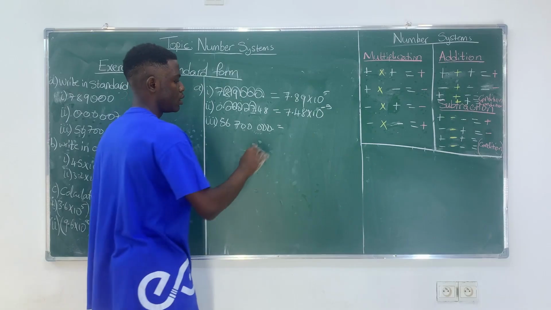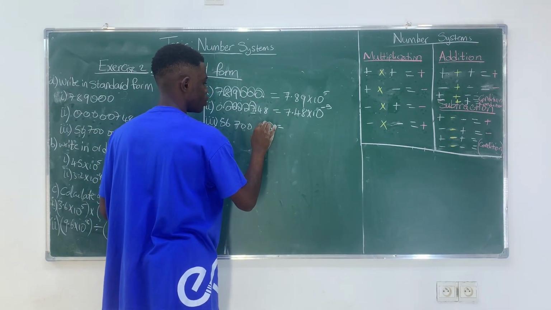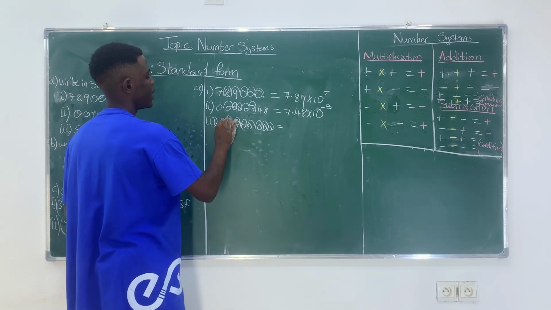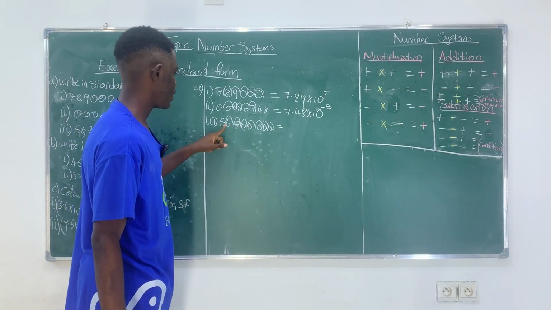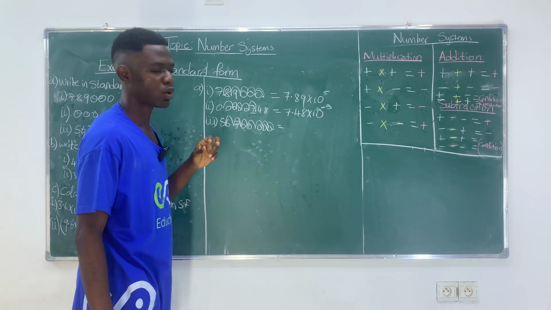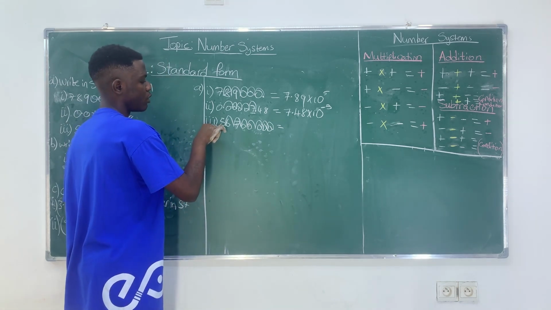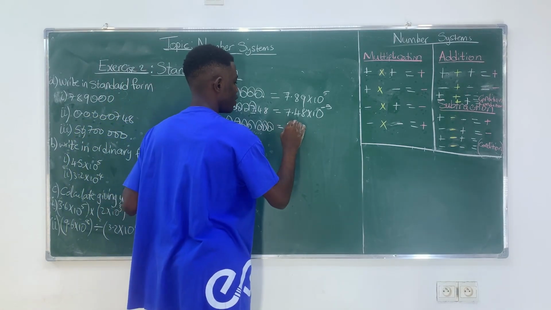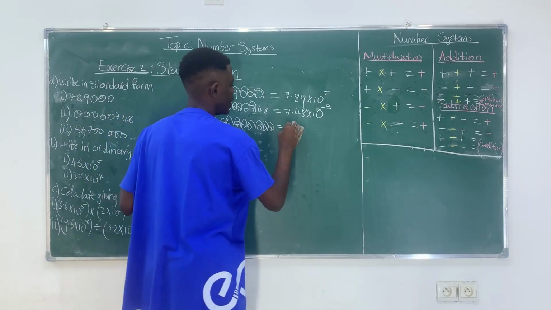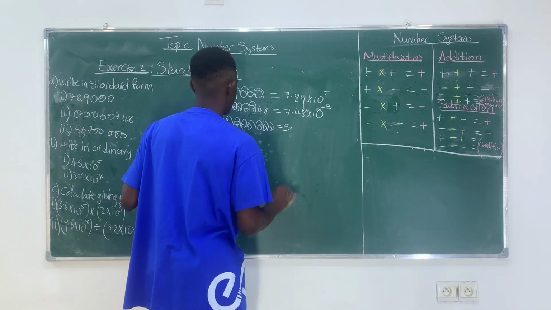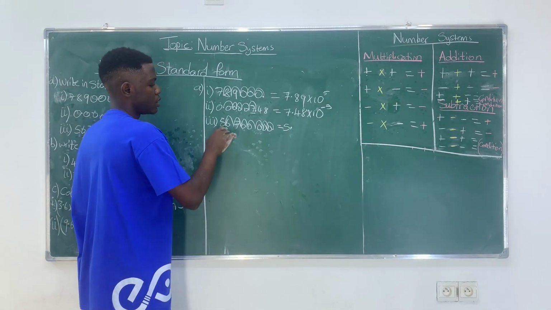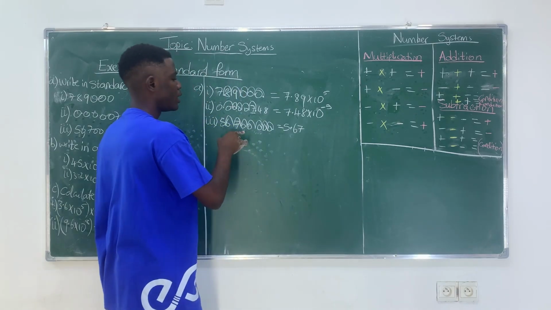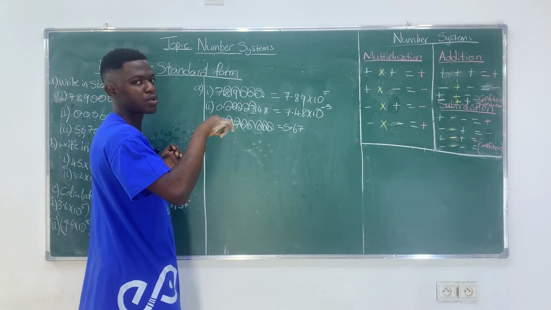So we start here at the end. We shift it 1, 2, 3, 4, 5, 6, 7 times. We stop here because, as we have been saying, it is just in front of the first significant figure. So we stop at the value just in front of it. So we will have the value is 5. We write our 5 point, and the next figures next to it, 6 and 7. We don't write anything else because the other figures are zeros.